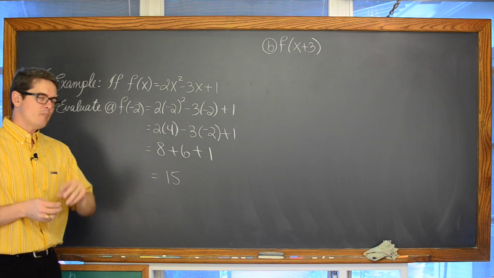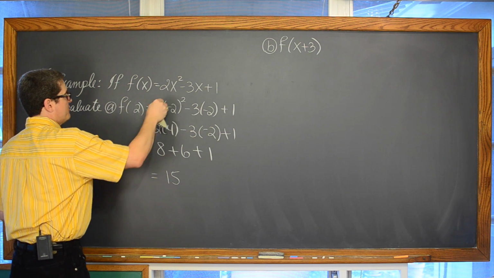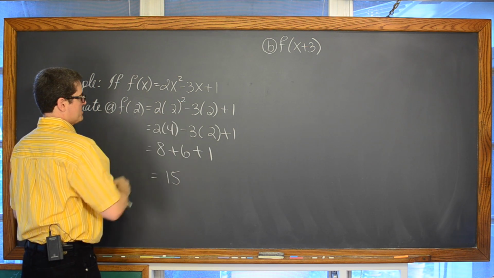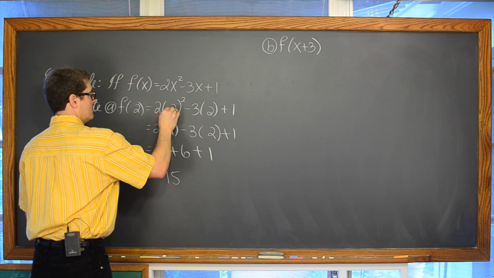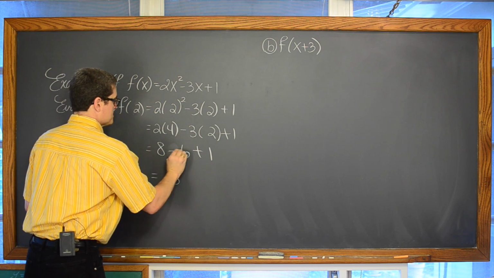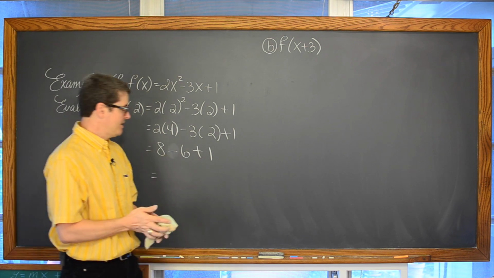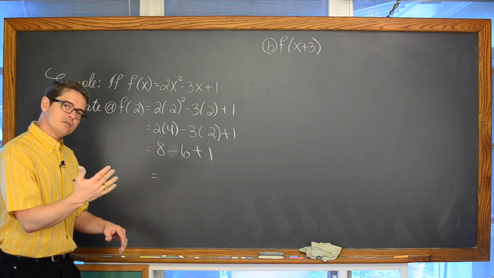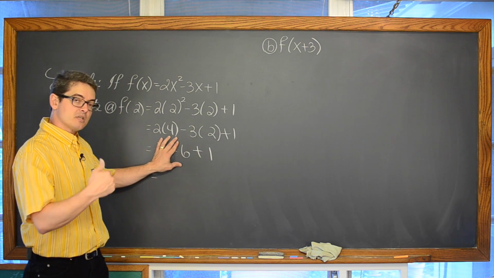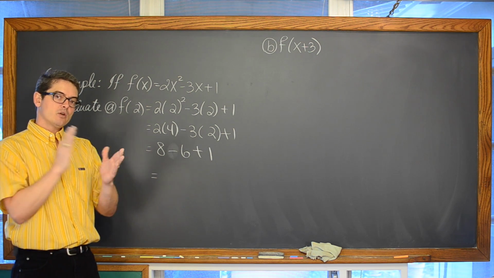If I had, let me go back because I do want to just point this out if anyone has struggles with order of operations. If I had left that positive 2, well, positive 2 times itself, 2 times 2 is still going to be 4, and negative 3 times 2 is going to be negative 6. Now, when you look at here, and you think of, please excuse my dear Aunt Sally, and you go, Aunt Sally, addition, subtraction, oh, I got to add before I subtract. So you look at just that piece, and you do 6 plus 1 is equal to 7, you're going to get a wrong answer. You want to do your addition and subtraction and your multiplication and division.